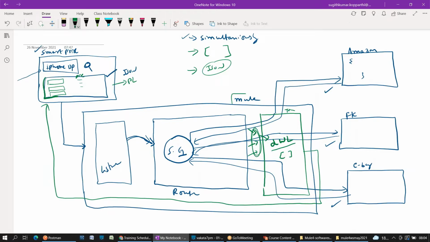As a Mule developer, according to your client requirement, you are designing one API, and for that API you are writing the implementation for which applications you are connecting with, and you are giving back the data to your client in the desired format. Understood? Everyone understood what you are trying to do as a Mule developer? Yes, no?